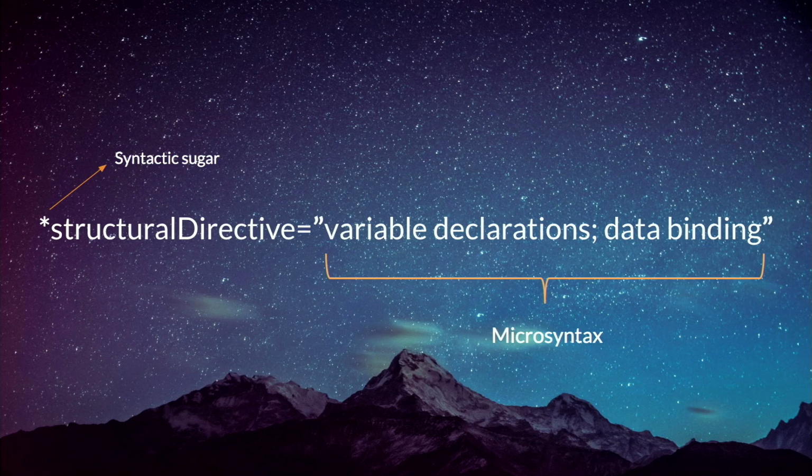So, we have star notation followed by the structural directive attribute name equal to a string, and this string has a microsyntax which basically has variable declarations and property binding, the way that we communicate from the directive class and the ng template. So we don't see an ng template here, but because the star gives us syntactic sugar,